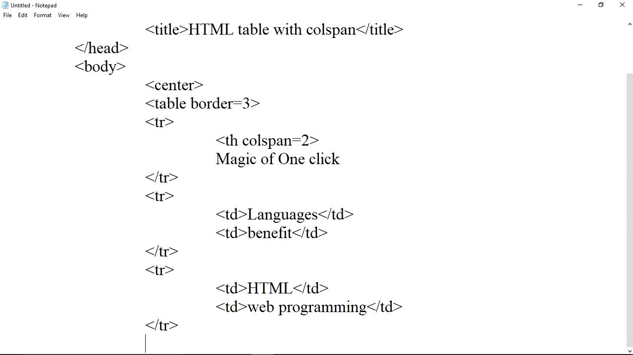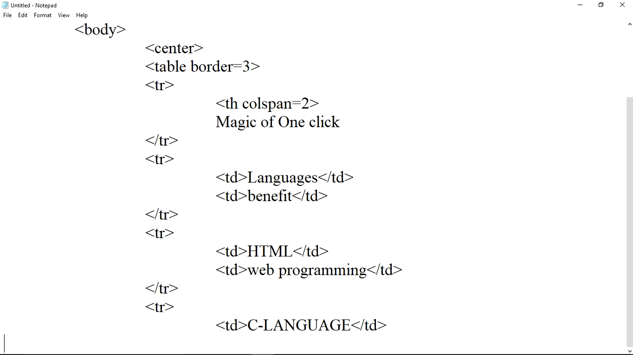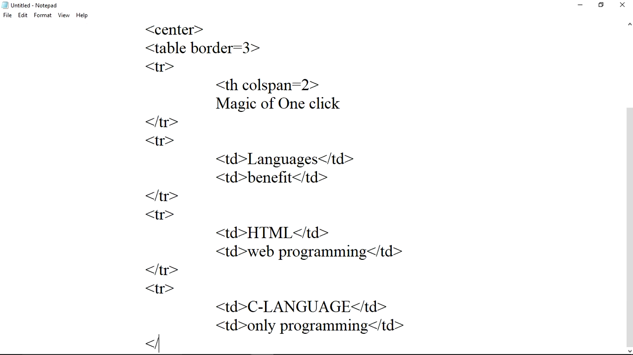Now we'll end tr tag, and once again we'll start tr tag. Here we'll write C language, which we'll learn after this language gets over. Here we'll write the benefit. It helps us in only programming. Now we'll end tr tag,